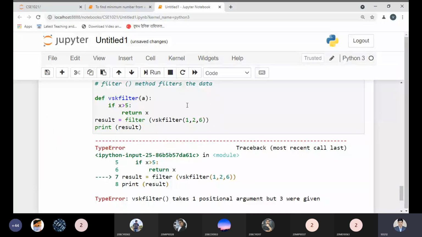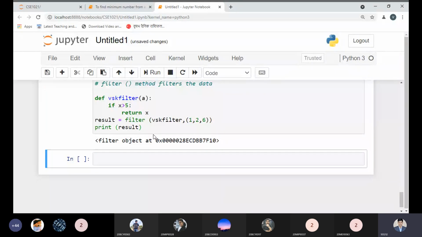It says take one positional argument but 3 are given. So the values we are passing as the filter data over here, we need to pass with a comma. Actually we are passing more values. Okay, and here we are getting the object data. Filter is an object, so it's returning something over here, so there is no issue.